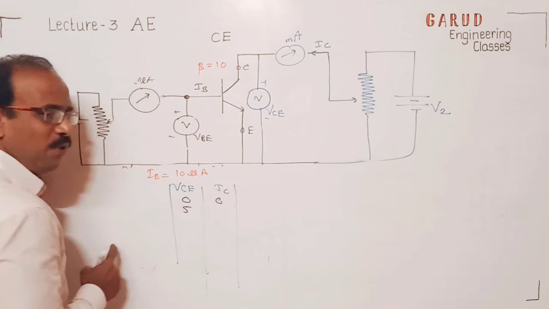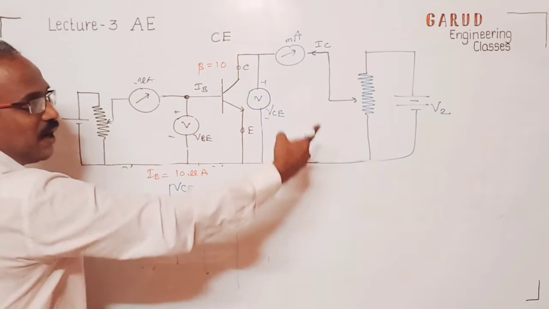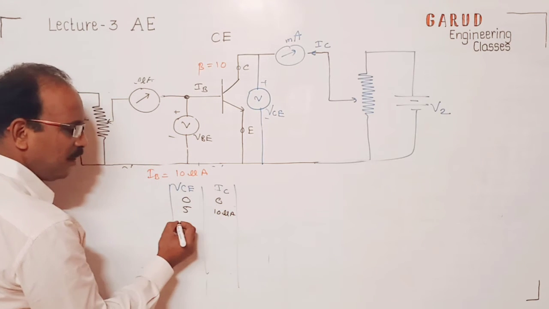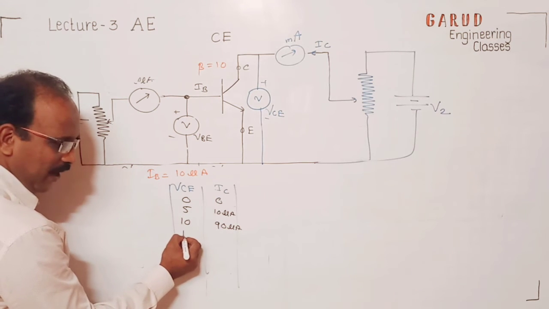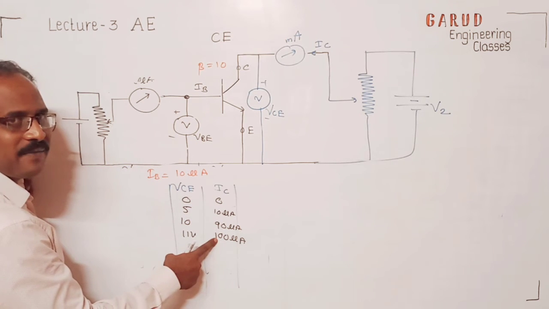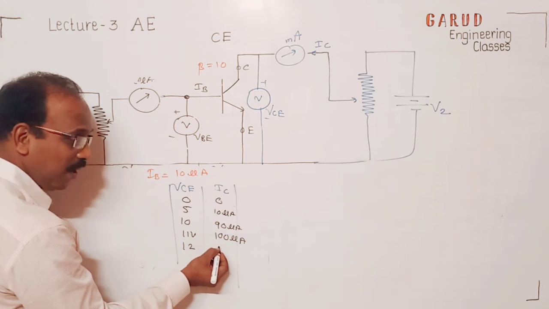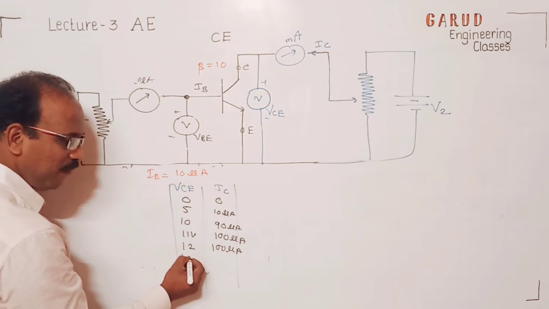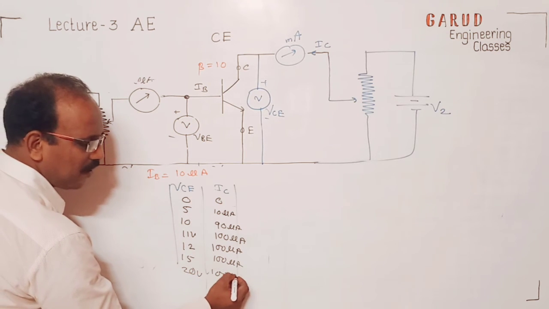Suppose you increase supply to 5 volt. It's a supply; I am not varying from 0.1, 0.2, 0.3. It's a high voltage, something like 100 volt here. Okay, 5 volt, suppose it is giving 10 microampere. Then at 10 volt, it is giving 90 microampere. Correct? I slowly vary. Around 11 volt, it is supplying 100 microampere. See, demand is satisfied. Now if I make this 12 volt, it can supply more current, but demand is less, so it will supply 100 microampere. If I make this 15 volt, then also it will supply 100 microampere. If I make this 20 volt, then also it will stay around this.